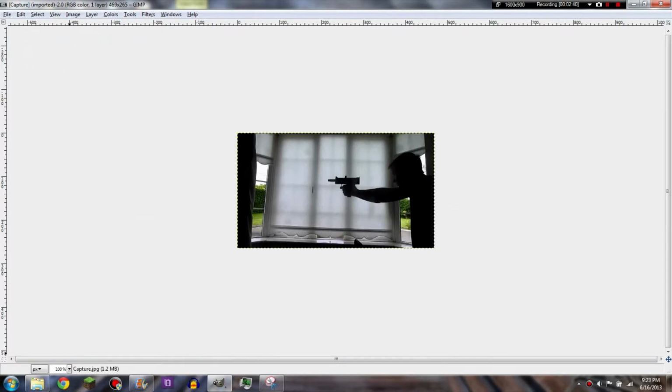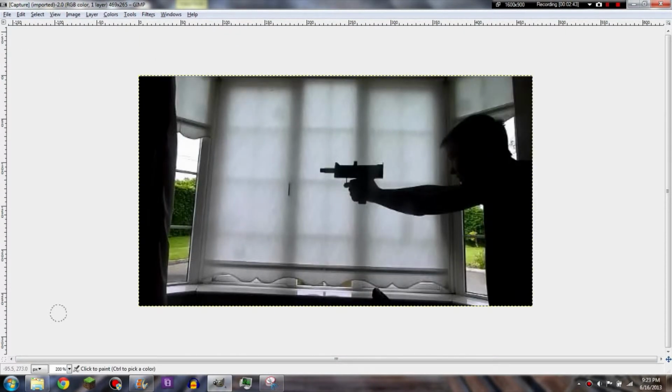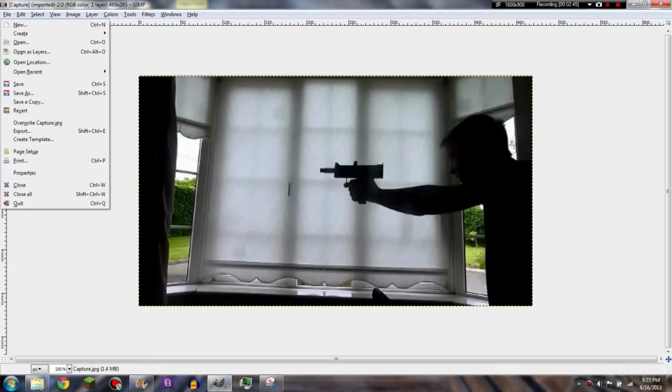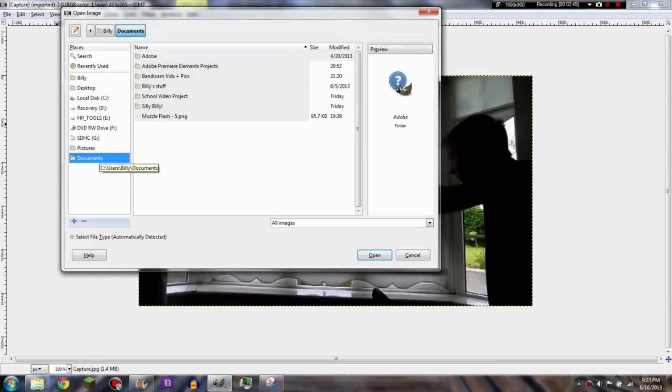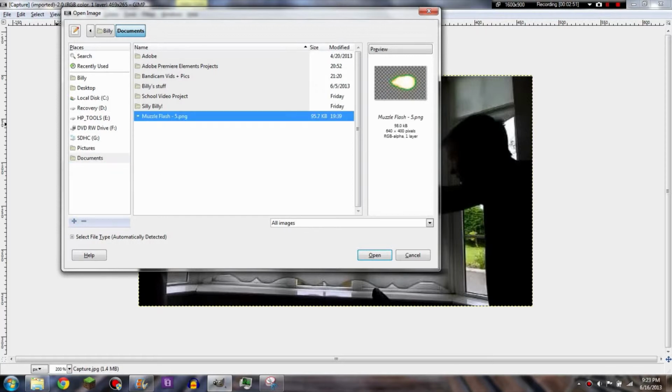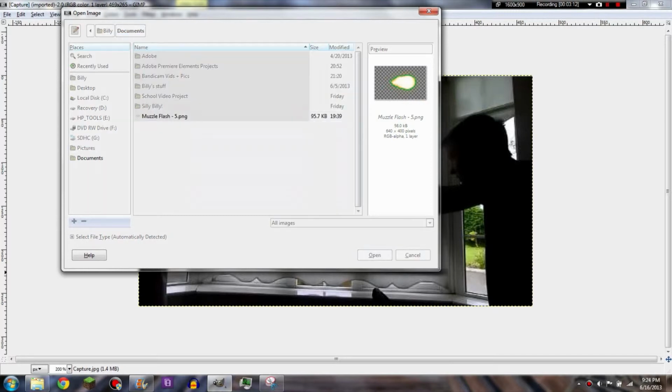Okay, so now we will go to 200 times zoom, and we'll also need to file open our muzzle flash. Now, I will actually have a download link to this muzzle flash in the description, through Mediafire. Don't worry, I'm not making any money off it. It's such a perfect muzzle flash. It's sort of auto masked everything out around it, so it's just the muzzle flash, and this will work in GIMP. So if we just go ahead and open it up,